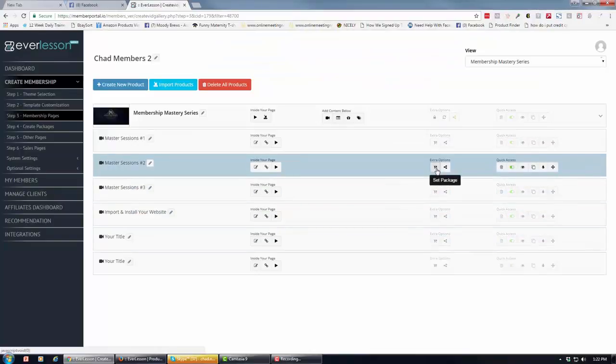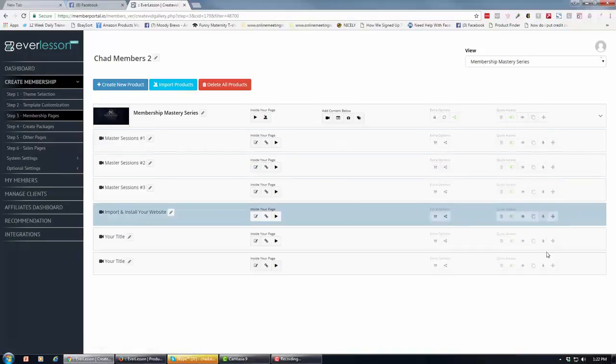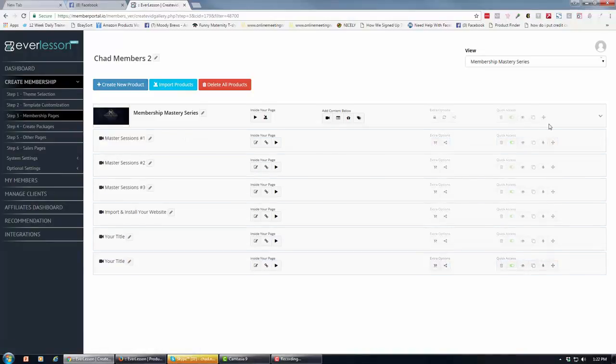Here's where you're going to set up your package. Here's where you do some related module settings. And then over here, this is where we can actually clone the module, the lesson. We can set up our drip feed and then we can, of course, just drag and drop everywhere just like you see here, okay? Now, the different kinds of modules we have are video modules, content modules, free giveaway modules,